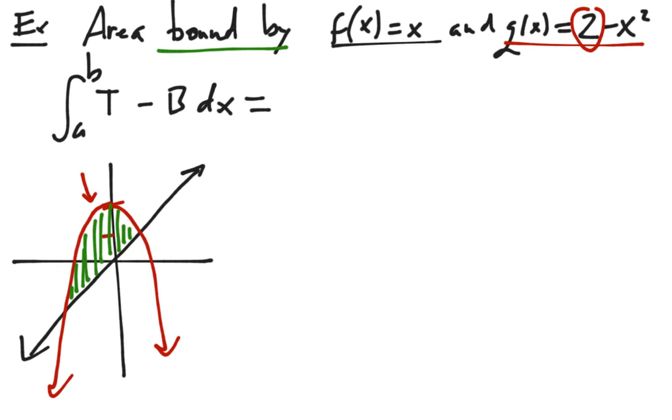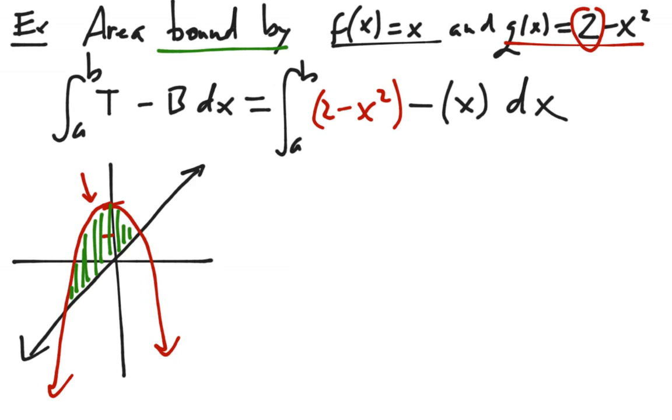So our integral will be the integral from a to b of g of x, which is 2 minus x squared, minus the bottom function, which is in black, which is x, dx. Now, this is something that you should do just out of habit: the second function, always put these in parentheses. And the parentheses are good because that helps you remember that, oh, there's a negative here and you need to distribute,